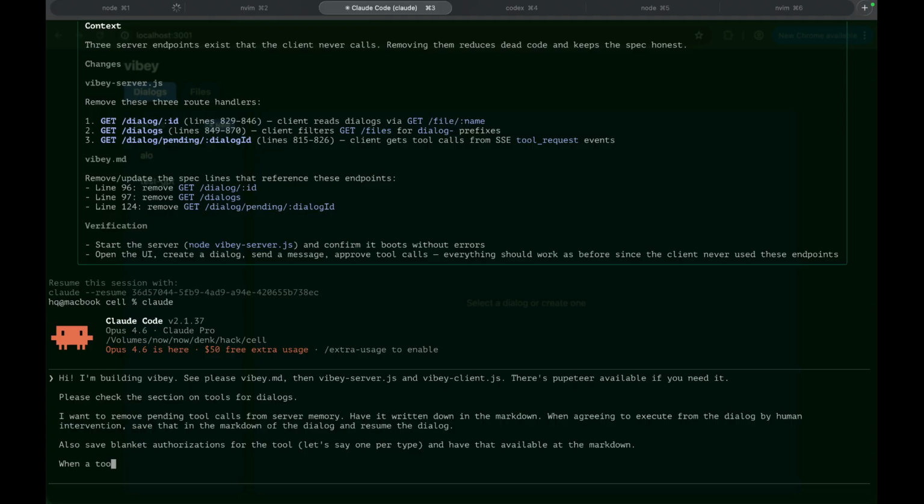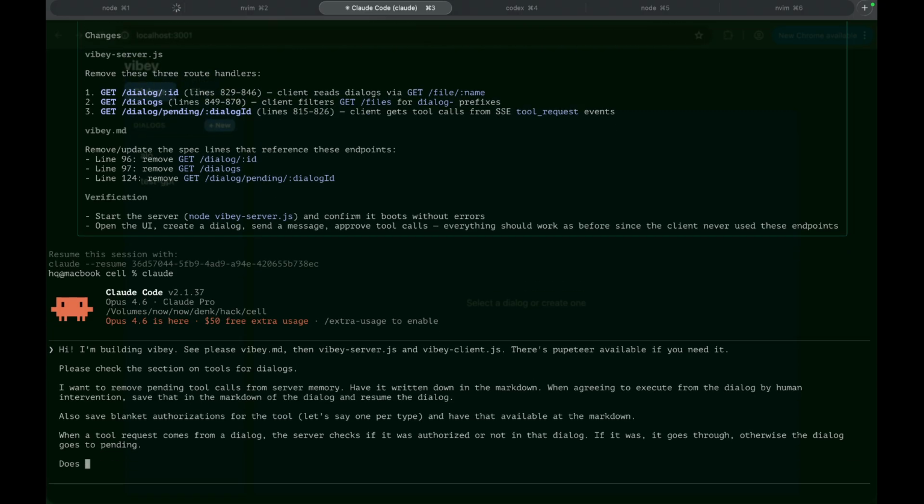When a tool request comes from a dialog, the server checks if it was authorized or not in that dialog. If it was, it goes through. Otherwise, the dialog goes to pending. Does this all make sense? Do you have comments or doubts?